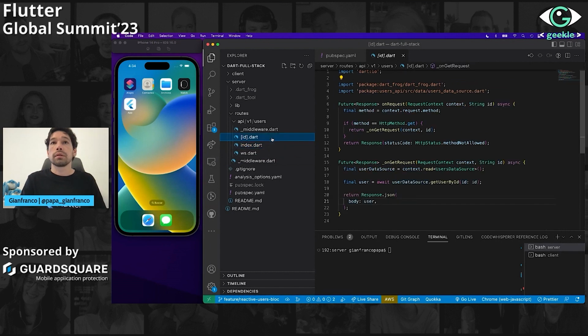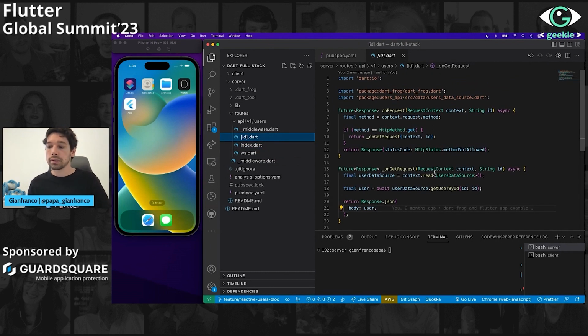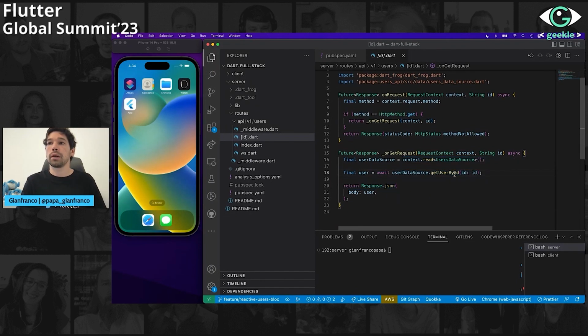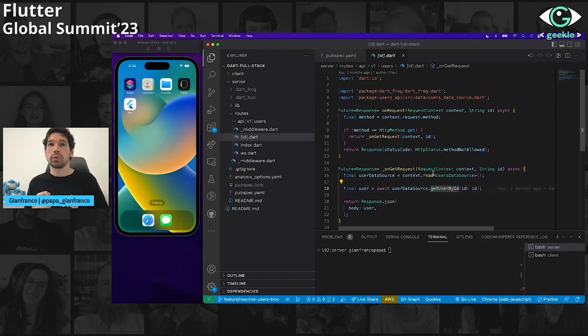So this is another method that I want to explain, that is basically when you have dynamic routes, you have to put the brackets so that Dart Frog can actually know that you are sending also a dynamic parameter. In this case, we are trying to access a user by its ID. So it's almost the same. We are checking if the verb is a GET, and then we are doing almost the same, but we are only returning one user. So this is like a brief example on how we can create basic routes using Dart Frog.